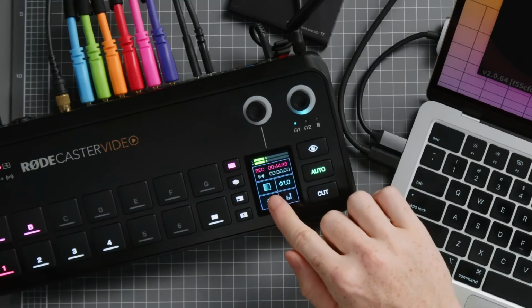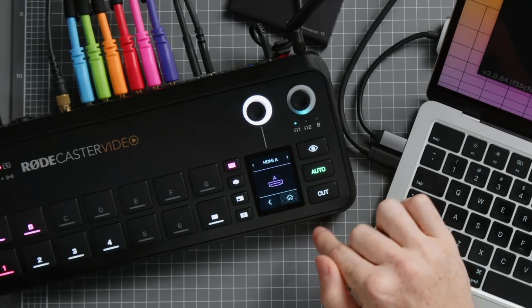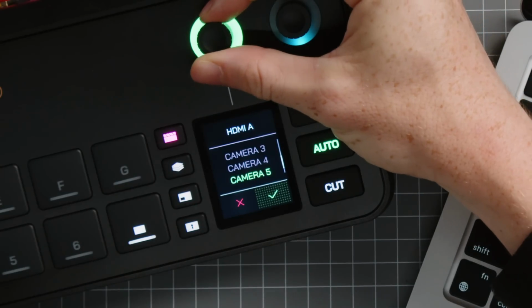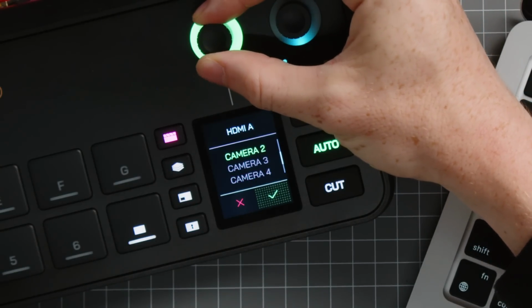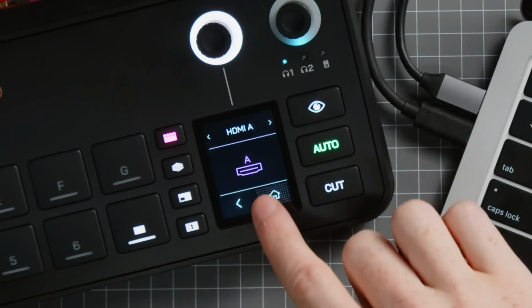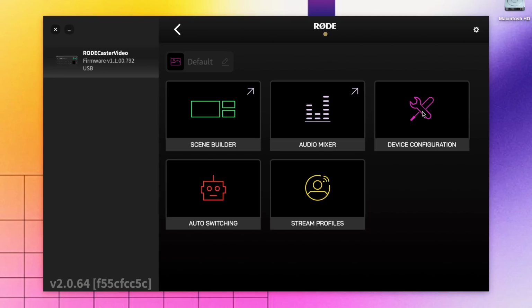To access this feature, head to Settings, Video, then HDMI A. And you can now see you'll have a few more options here, specifically camera 1 through 6. You can also access this in Rode Central, under Device Configuration,